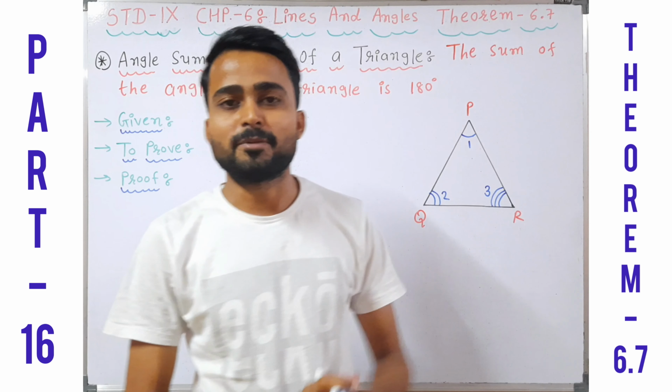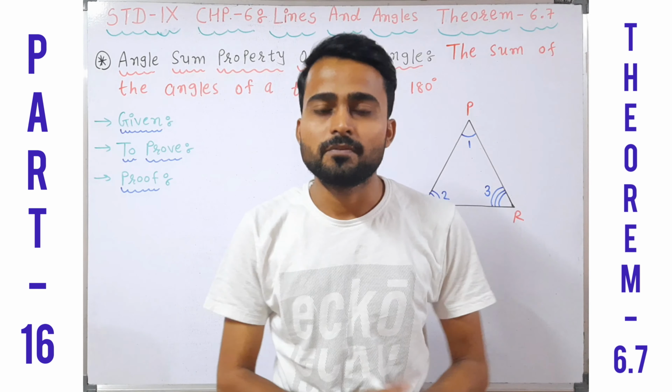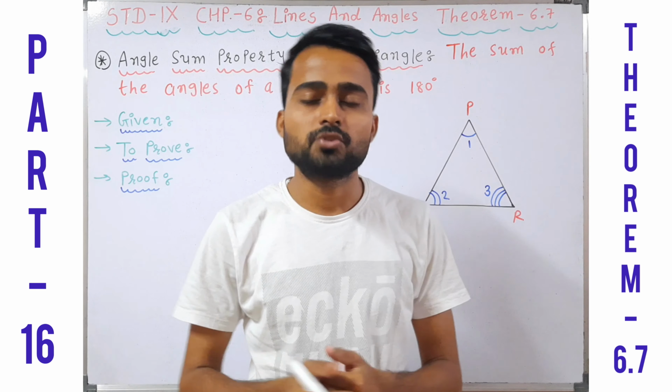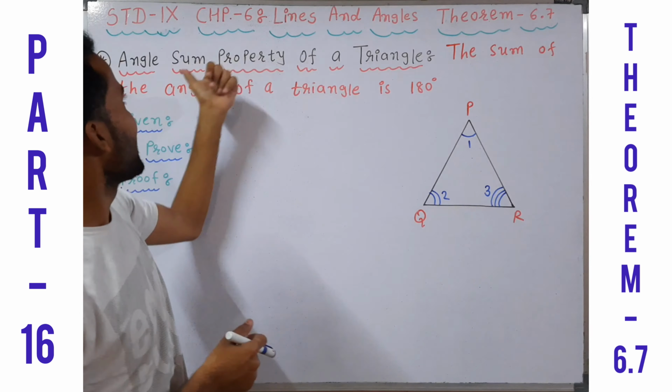We are discussing chapter number 6, that is lines and angles. In our last video lecture we have completed exercise 6.2. Now in this video lecture today we are going to discuss theorem 6.7, which is known as angle sum property